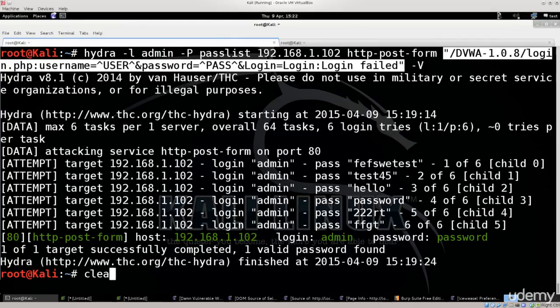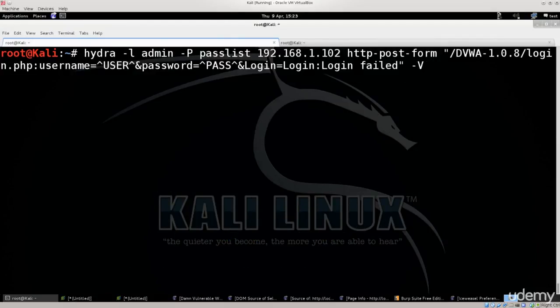Use the command line tool via terminal. Always better to learn it this way, always better to use it this way, but I don't know. If you want to play around with the graphics as well, feel free to do so. I do encourage you to do both. Anyway, I bid you all farewell, and I urge you to experiment more with Hydra, try different parameters, try different places legally, and see how that works out for you, because